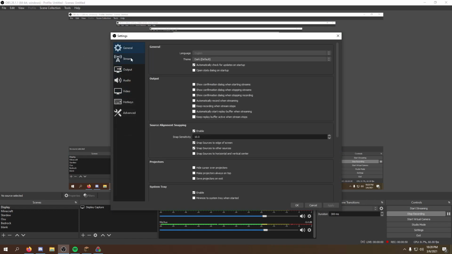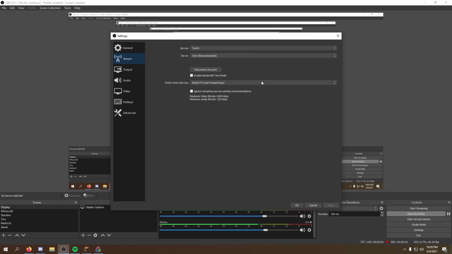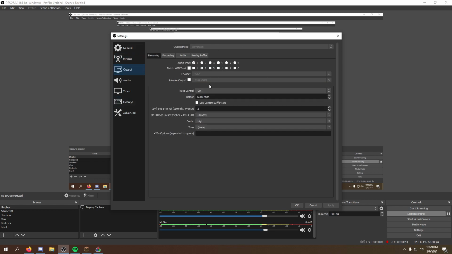So in the General tab, nothing really important here. Stream tab, nothing important here. For output, this is where it gets a bit more important. For streaming, I have my encoder set to X264 because my GPU is not very good. I have a GT 1030, and anything that is a 1050 Ti or better on NVIDIA's side will offer NVENC encoding, which I recommend. They offer different rate controls and different bit rates, but